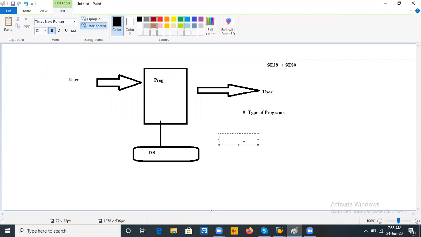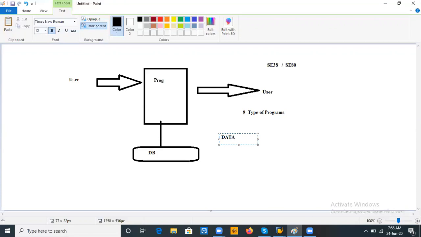Variable is a temporary area where it can store a single value. And the next point, for declaring a variable, we will use the keyword DATA.